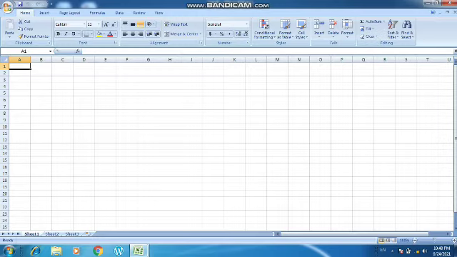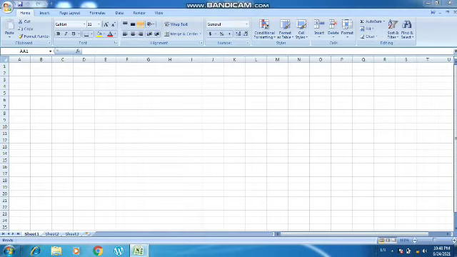Again it will begin with B. So this is the way these columns are named, and rows are named from 1. How many rows and columns do we have? We have 16,384 columns and 10,48,576 rows in one sheet.